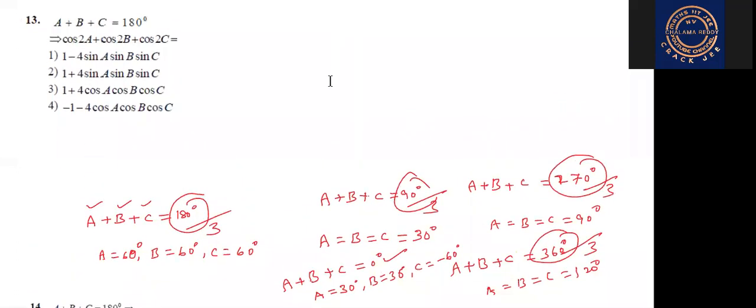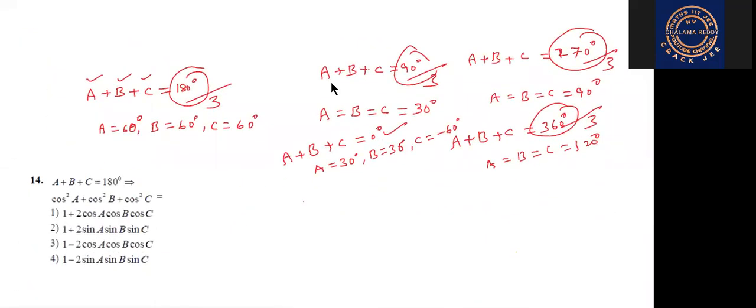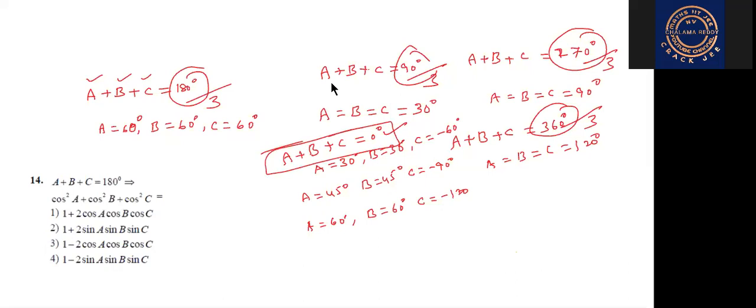That is one of the methods. We can take another one also. If A is 45, B 45, and C what can we take? C minus 90. 45, 45, 90. 90 minus 90 is 0, or not? Or we can take another method also. A 60, B 60. Then what can we take? C minus 120. Then only this condition will be satisfied. Yes or no? If A plus B plus C is equal to 0 degrees, there are different forms, different methods.